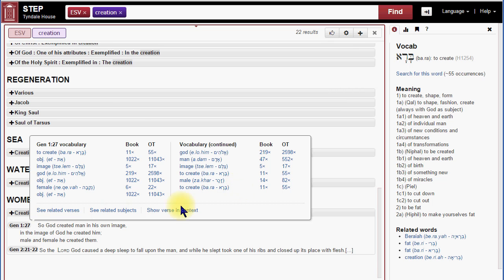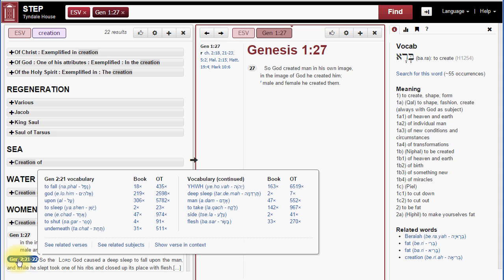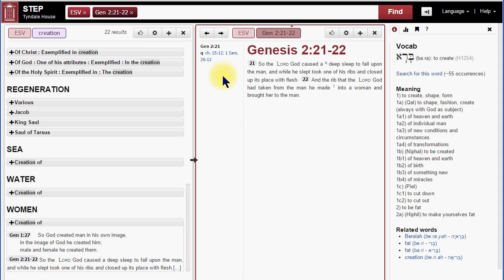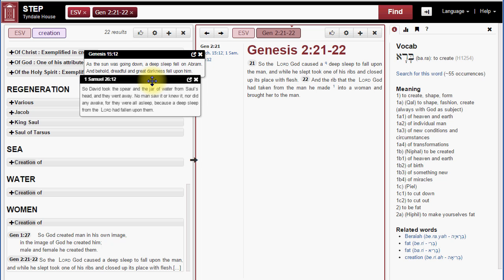So we click on the verse number and it opens in a new panel. Let me just point out the cross-references. You click on them to open them. They often take you to places you hadn't thought of. Genesis 15:12 and 1 Samuel 26 are two other times when God makes someone sleep, like he made Adam sleep to make Eve. Well, things are getting rather confined here with all these panels open, so let's close the side panel